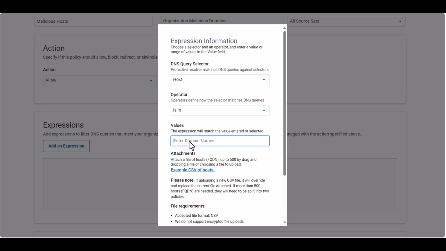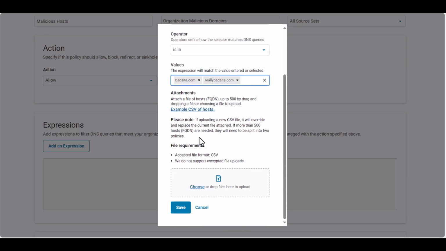For example, if we would like to add in multiple domains, we can add badsite.com, hit the tab button, and then add reallybadsite.com. For convenience, users can now upload a .csv file of domain names, maximum 500 names, rather than entering each domain in the values field. After entering all domains or uploading a .csv file, click the Save